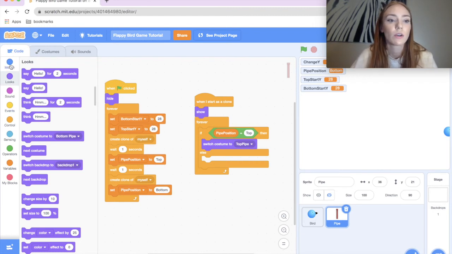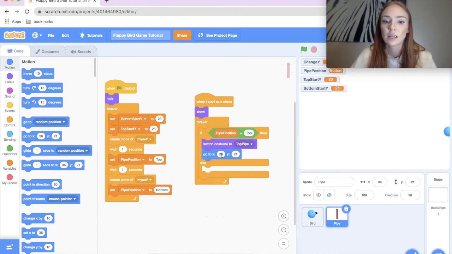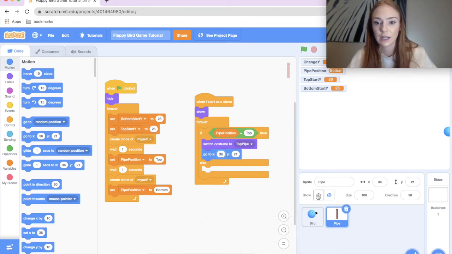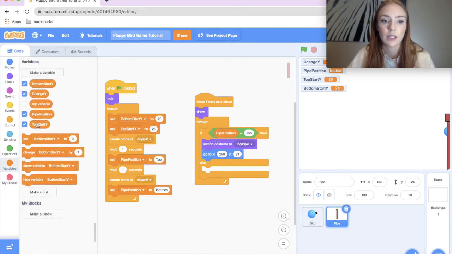So I'm going to go to motion and say go to XY coordinates. Right now it's hidden, we can't see it, but it's right here. Let's just drag the pipe all the way over here and then add a little bit to that. Right now it's 246, but we don't want to see it at all, so let's do 260 and see if it lets me do that. Okay, so X equals 260, and then we're going to drag those variables and we'll say top start